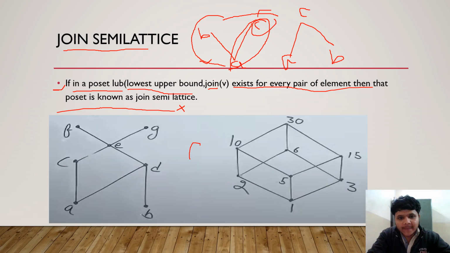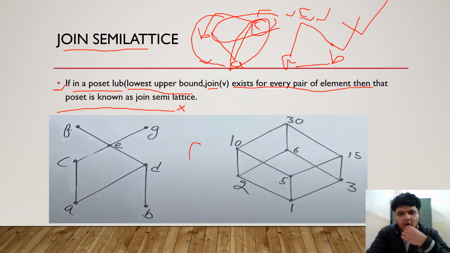But when we see the pair B and C, there is no upper bound for B and C. So if there is no upper bound, then there will be no least upper bound. So what can we conclude? We can conclude that since in this figure not all pairs of elements have a least upper bound, this figure is not a join semilattice. Now coming to the second picture. Pair A and C, C is the least upper bound. Pair B and C, C is the least upper bound. And for pair A and B, C is the least upper bound. So what we can see is that here all the pairs have one least upper bound. So this is a join semilattice.